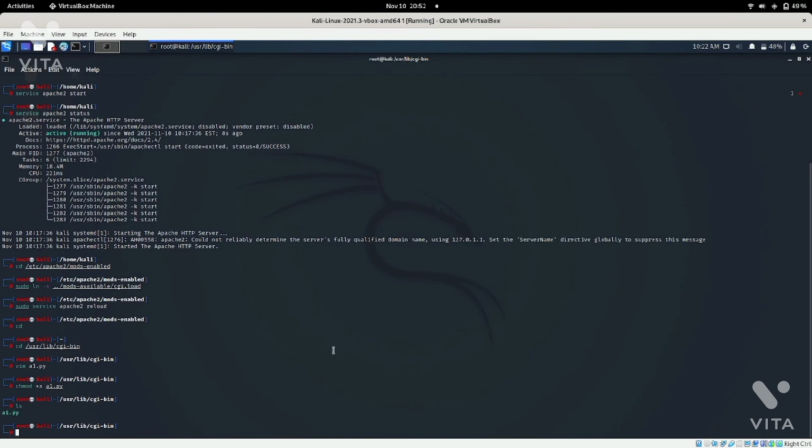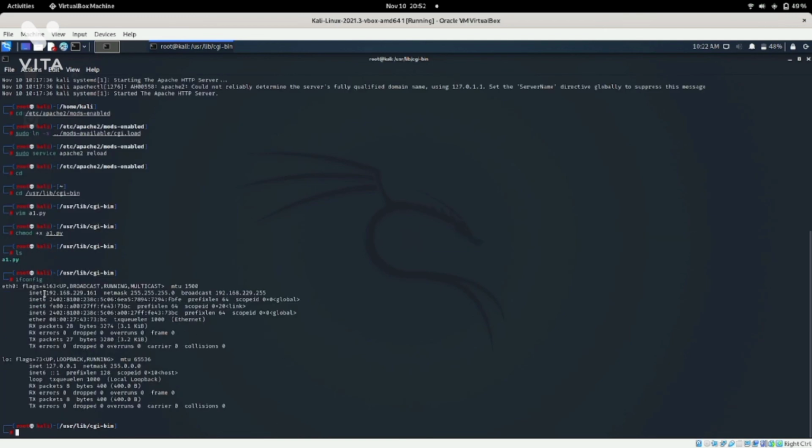Now we are checking our web server. We will take the IP of the system, put the file name, and check whether this file is accessed through the internet or not. So I am giving the command ifconfig to know the IP of the system. So this is the IP of my system.